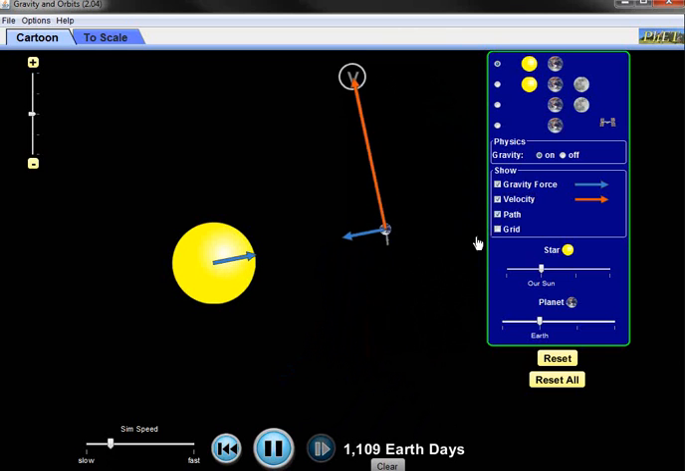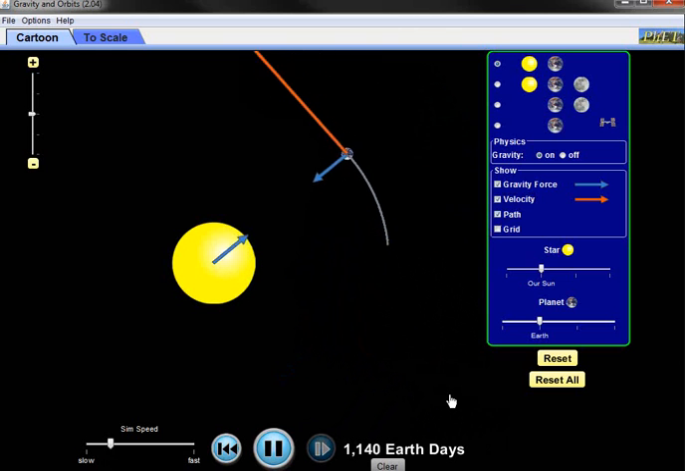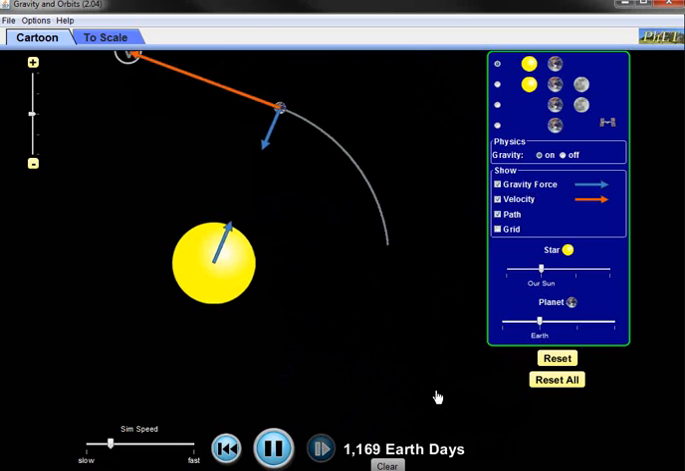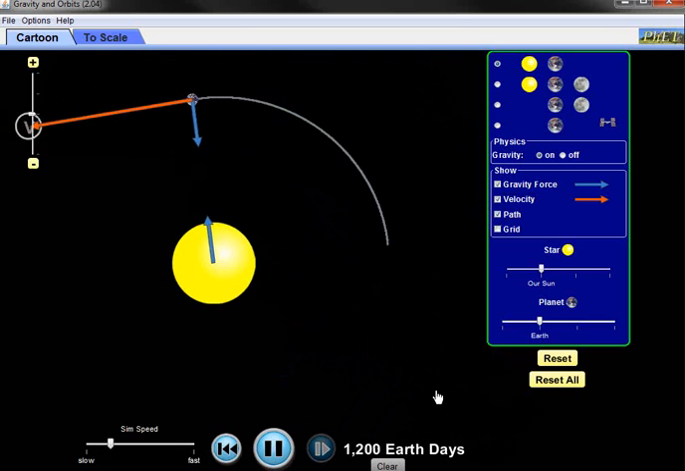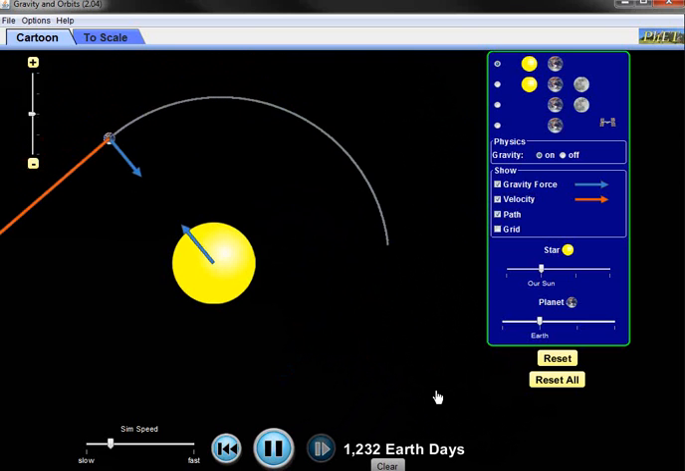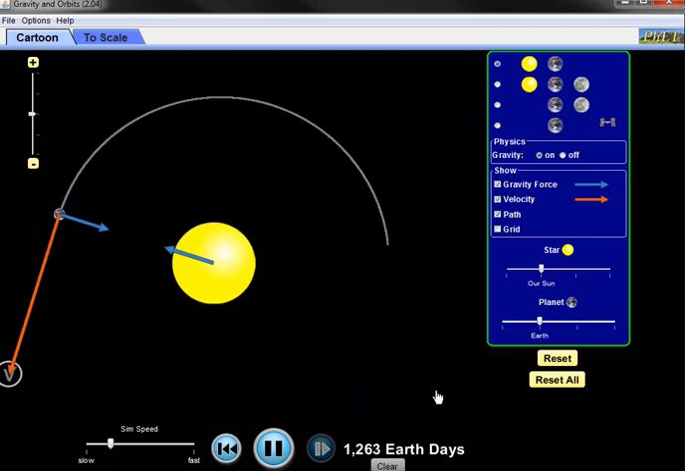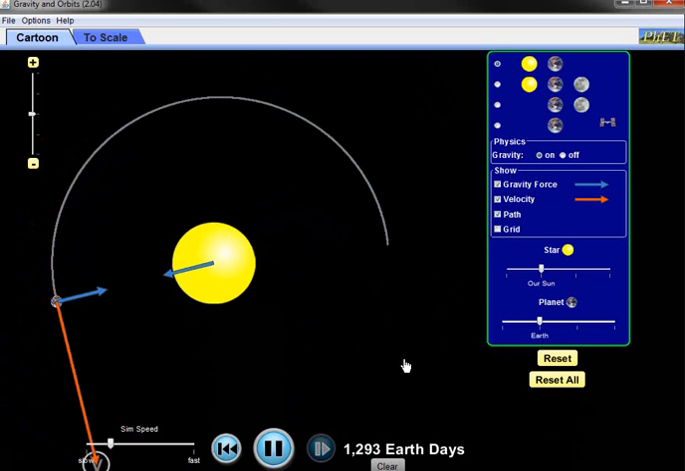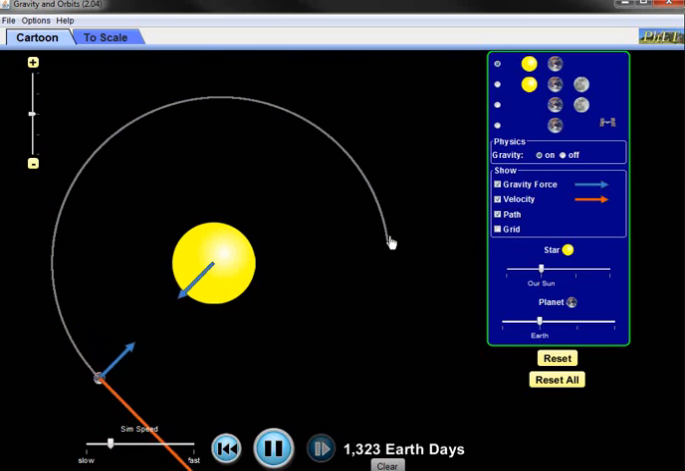So lastly, let me click the path, and now the Earth is tracing out a path. It looks like a circle. It very nearly is a circle. In a more accurate representation, it's actually an ellipse. Okay, so let's go now to